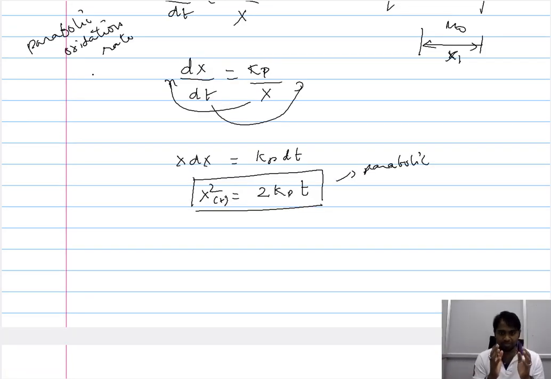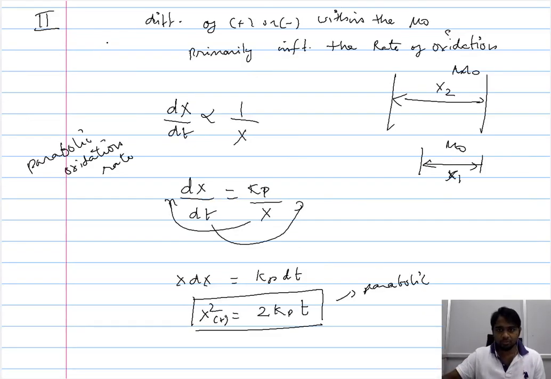Now for the ions to traverse across the metal oxide, if you consider the thermodynamical aspect of it, the traverse of the ions, either from the internal interface to the external interface, or the external interface to the internal interface, depending on the mechanism, is dependent on a driving force. Only when you have a sufficient driving force will you have the migration of ions from one end to another end. So when you have two ends, that is the internal interface here and the external interface here, you need a thermodynamical driving force for the ions to move either from the external to the internal interface or from the internal to the external interface.